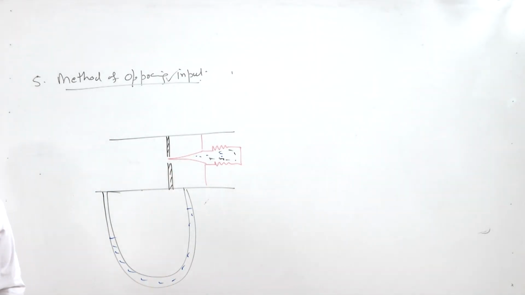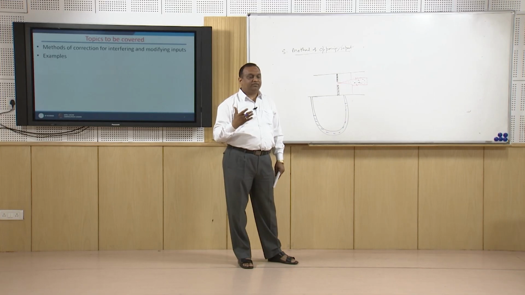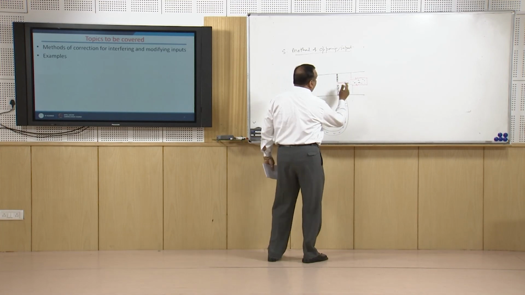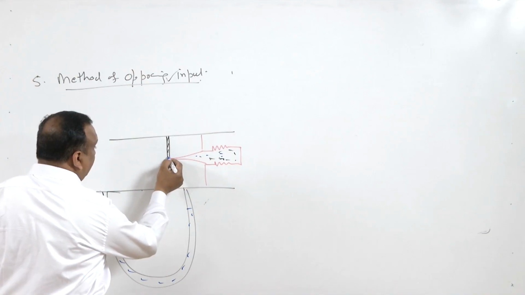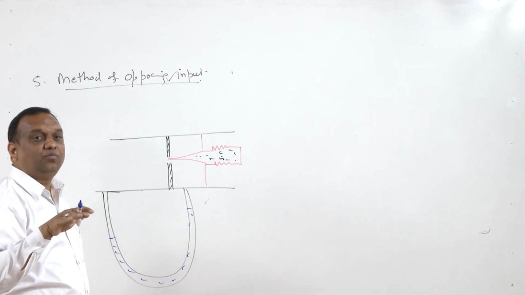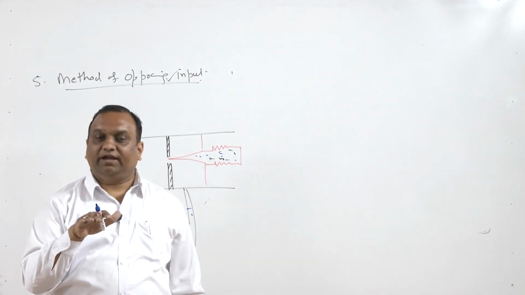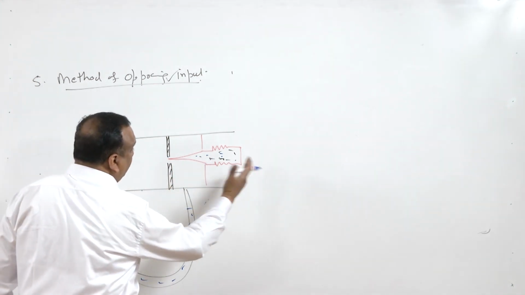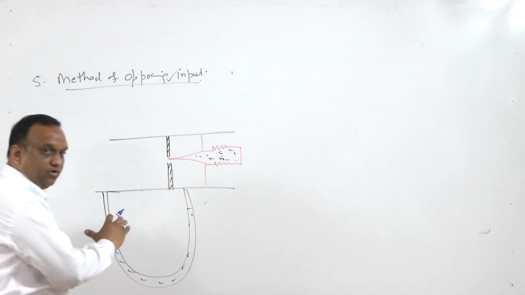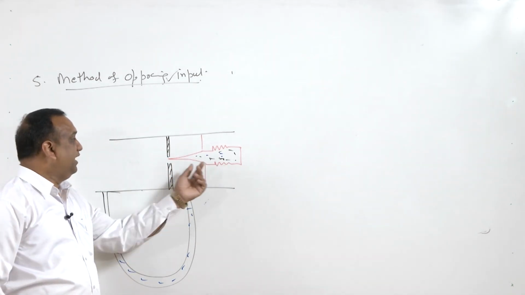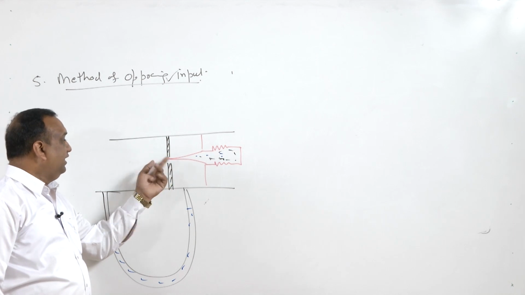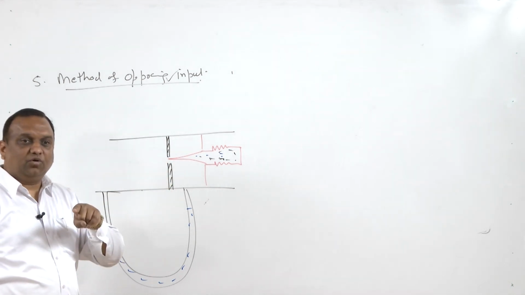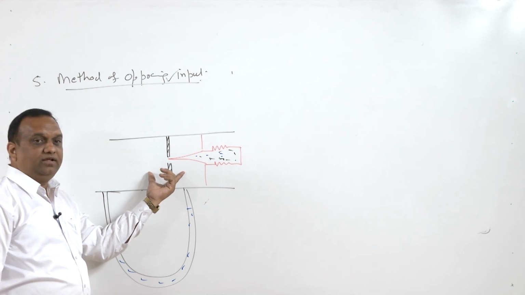So when there is a fall in temperature, then the density of the fluid will increase, right. This bellow will push the needle in this opening, and it will restrict the opening. The moment it restricts the opening, it can be either way. When there is a change in temperature, whether a temperature rise or temperature fall, accordingly this bellow will move this needle in this opening, and it will restrict the opening in order to maintain